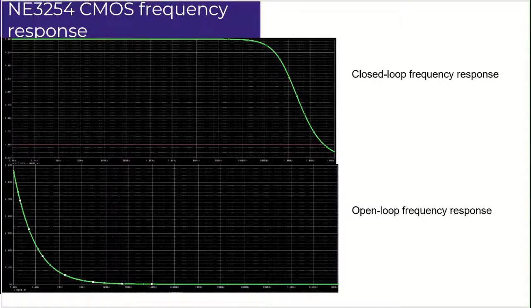This is the frequency response result of the two-stage CMOS operational amplifier. For the closed-loop frequency response, the graph came out similar to the BJT simulations, but on the other hand, the open-loop frequency response